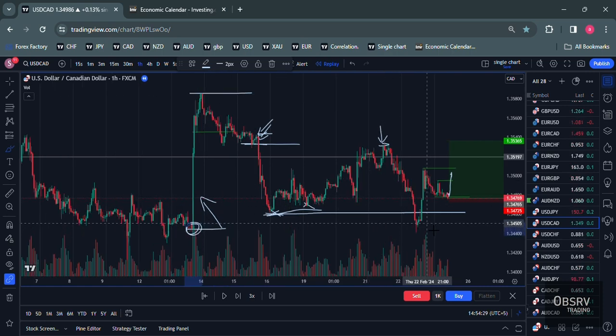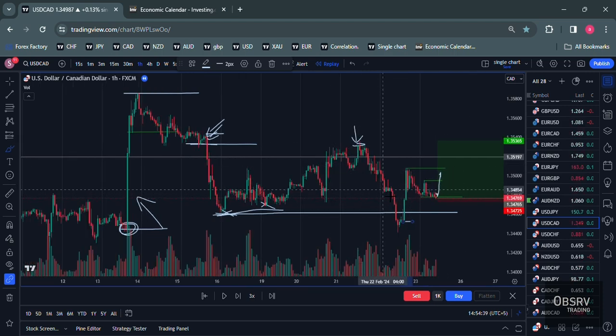Now, still, I cannot buy it here. I want to see the buyer come back and then the seller struggling to go, and then I'll be able to buy it. So what happens is that in the bigger picture of all of this stuff that we're looking at,